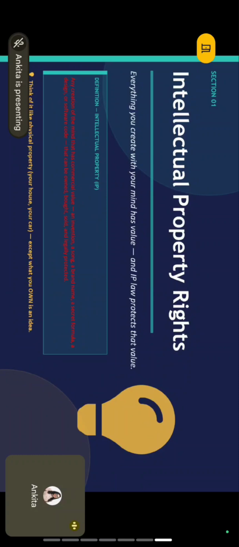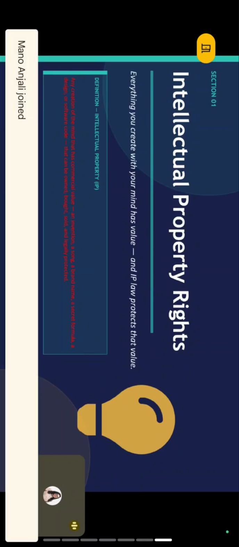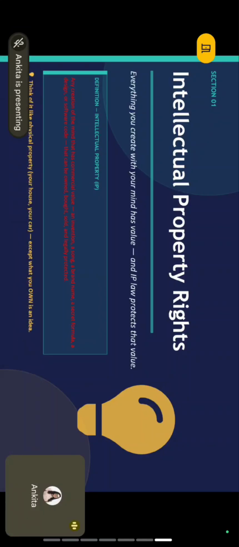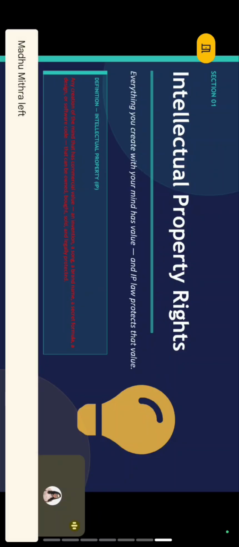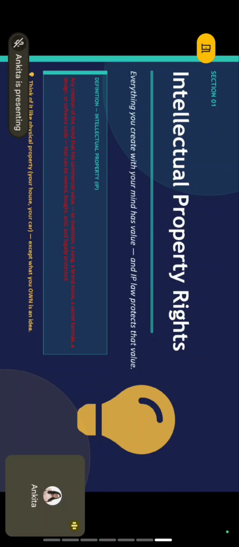Now let's start with the very first topic, that is intellectual property rights. So every one of you has a phone, right? You own your bag, you own your bike, and these are physical things. You can touch them, you can show them to people, and if someone steals them, you can go to the police. Now, what if you create something with your mind? A song you wrote, a logo you designed, a formula you discovered in your lab, a mobile app you built. Can you own those too?